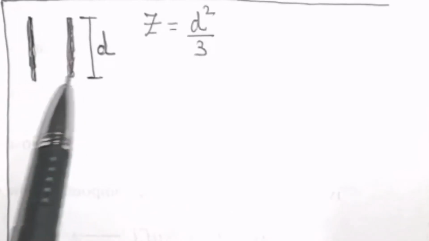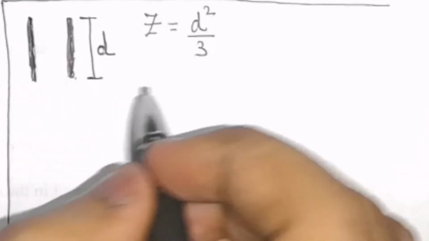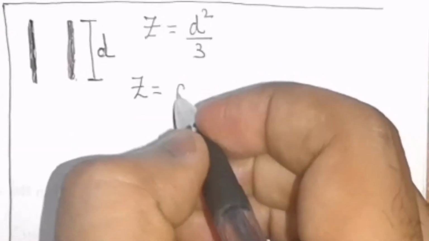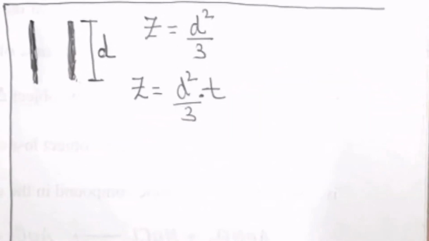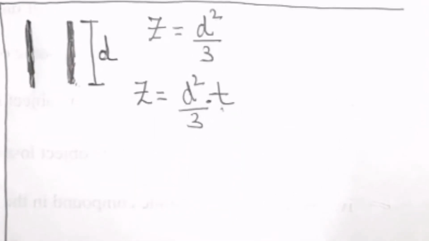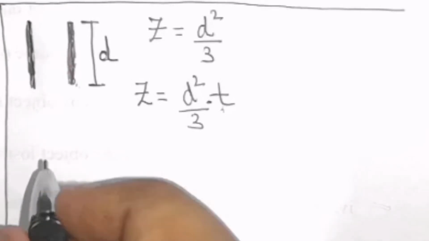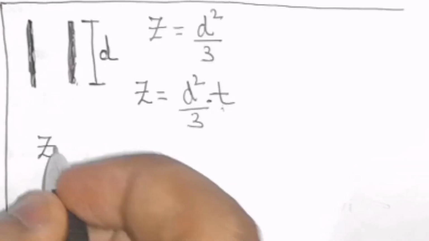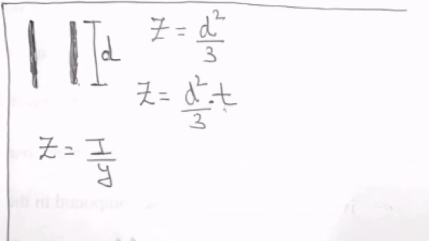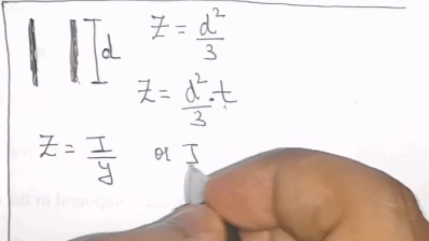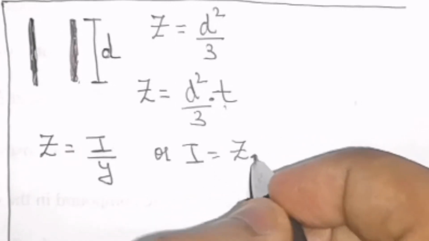When they treat this weld as a line, they do not consider the thickness. But we have considered the thickness of the weld as T. Hence I will write Z is equal to D square by 3 multiplied by T. In their case, they have considered T as 1. We need the value of I. So we know that Z, or section modulus, is equal to I by Y, or I can write I is equal to section modulus multiplied by Y,